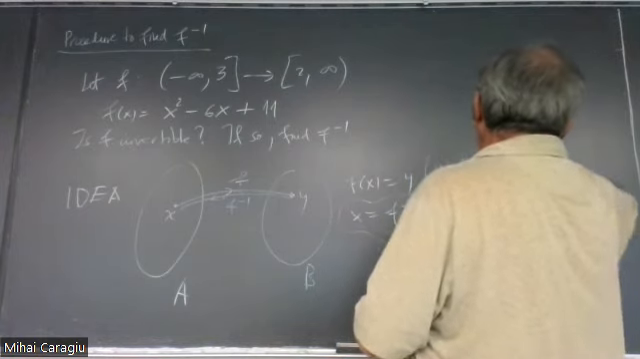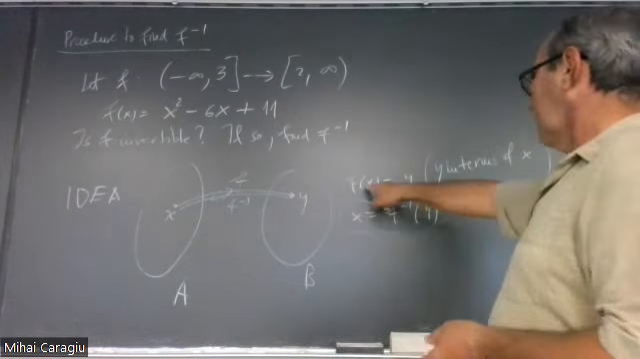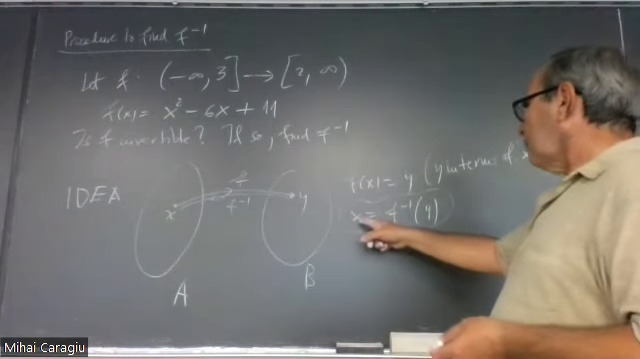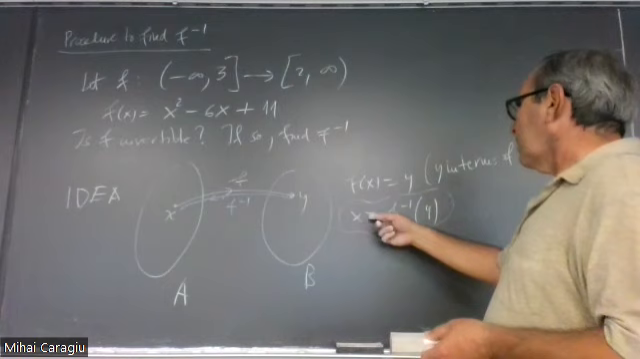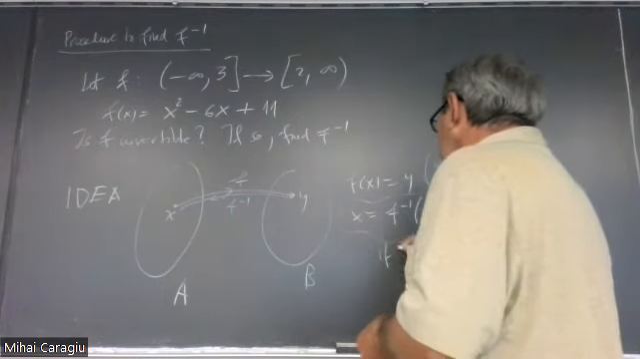In terms of x, that's the normal function: f of x equals y. Read it as y in terms of x. For the inverse, try to solve for x in terms of y. If we can solve uniquely for x in terms of y,